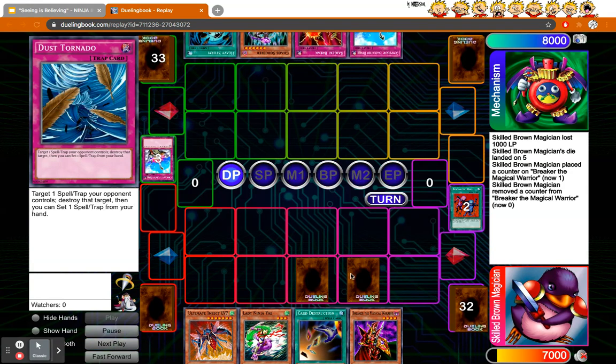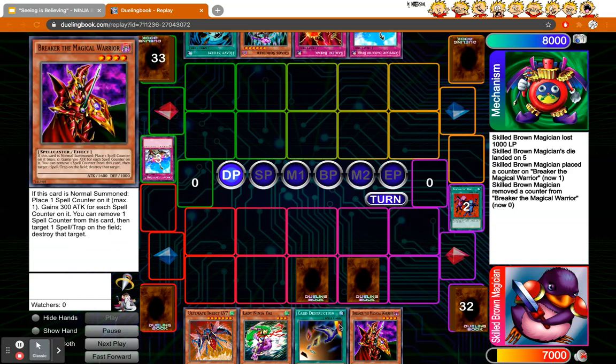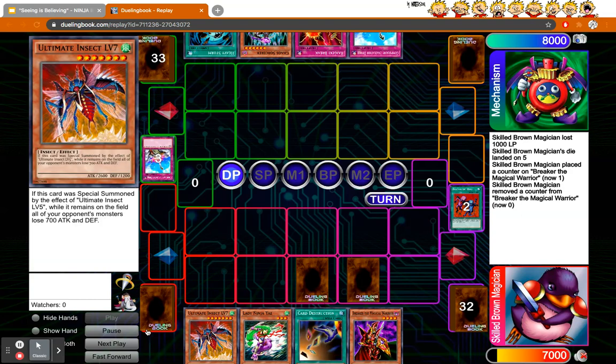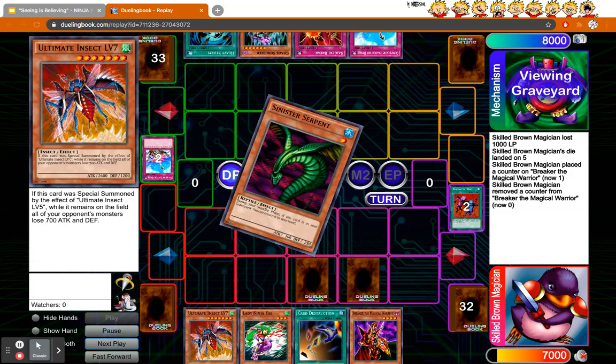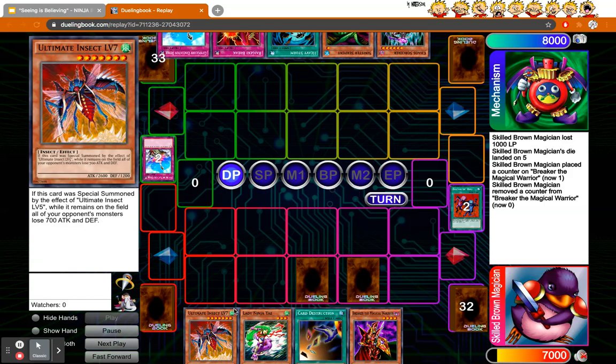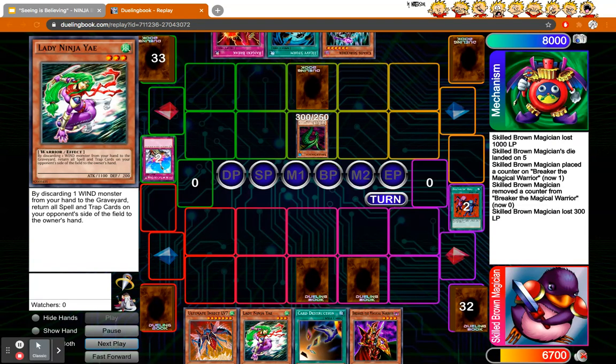And I just set a preemptive dust and a preemptive ninjitsu. I could have just left ninjitsu in hand and used Dust Tornado's second effect to set it at the end of my turn. That probably would have been safer. What's nice now, though, is that I have Ninjitsu and I have Lady Ninja with a wind in hand, so I can bounce all their spells, traps back to hand with her effect next turn. Pokes me for 300,